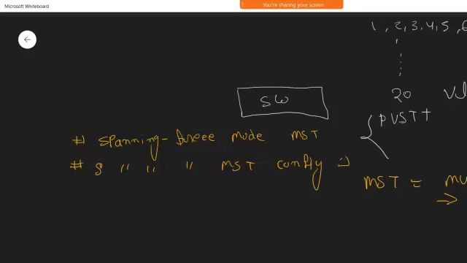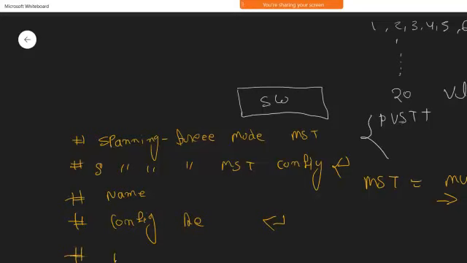Okay. Once you put this command, you will be able to give the name, right? Then you can give the name and the configuration revision number.